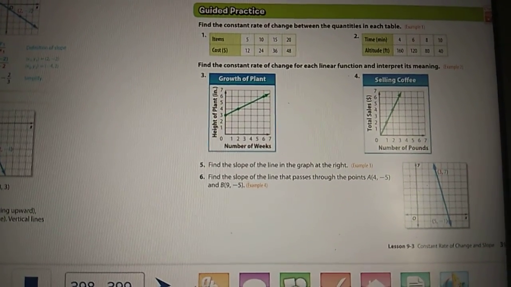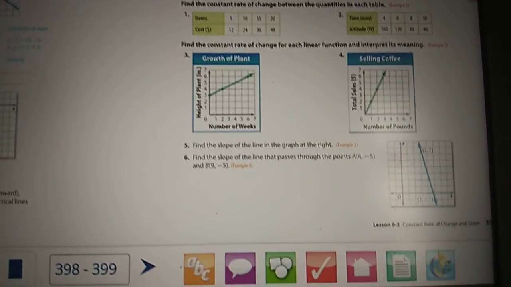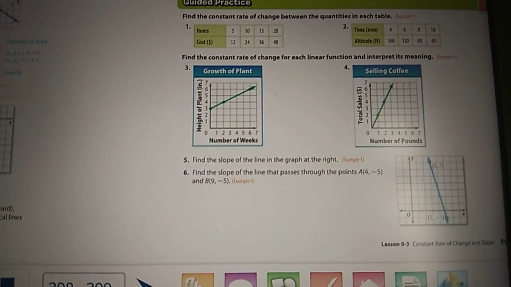Okay, so I hope that helps. These are the 6 problems that are the examples. Your assignment will be from the next page, but they'll be the exact same kind of question. So for these 4 types of questions,